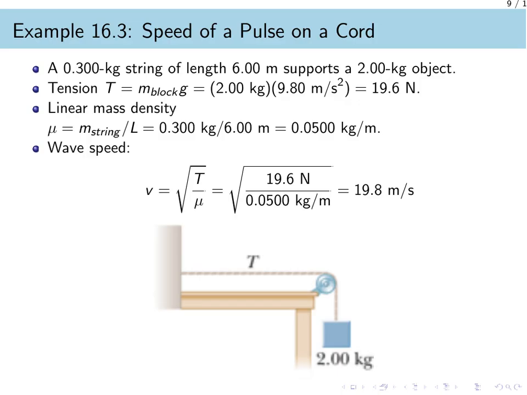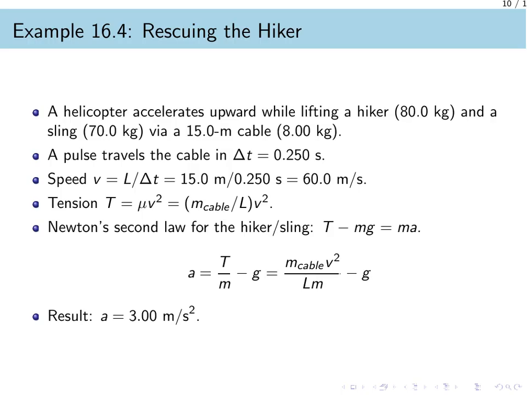0.0500 kilograms per meter. Finally, by taking the square root of the tension divided by the linear mass density, we find that the wave speed is 19.8 meters per second. In a more complex scenario, imagine a helicopter accelerating upward while lifting a hiker and a sling using a 15-meter cable. We are told a pulse travels the length of the cable in